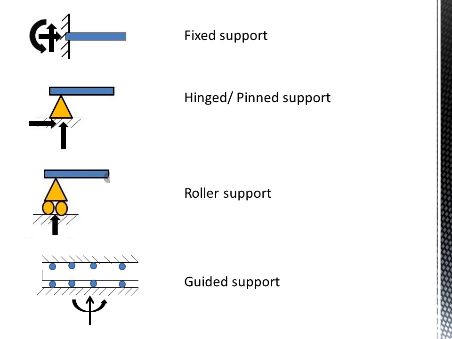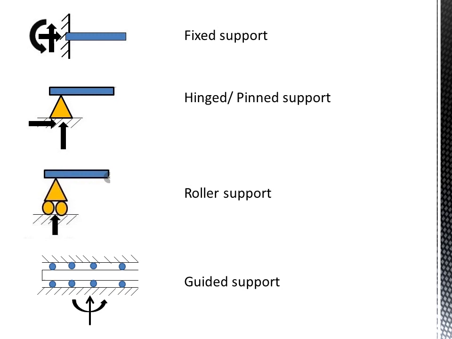So now let's see what are the different types of external supports. We have fixed support. It is the support in which two force reactions and one moment reaction is developed. Both the translations and rotations are restricted in fixed support. Normally, beams and columns in commercial and residential buildings are an example for a fixed support.